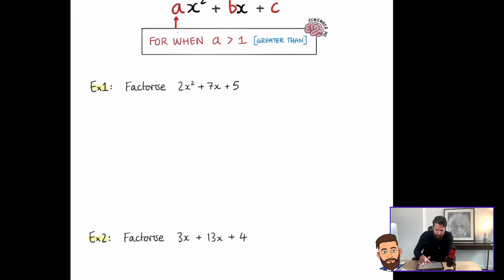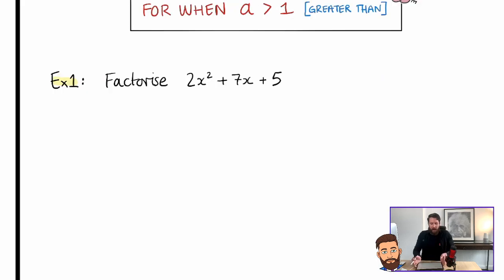And that takes us on to today's lesson. How do we deal with a coefficient of x squared, which we refer to as a, that is bigger than 1? Well, the first thing that you need to do